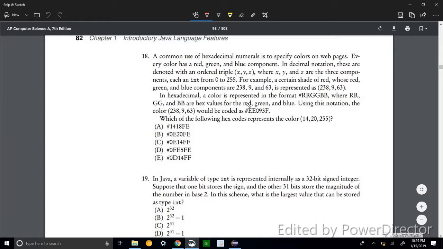For example, a certain shade of red whose red, green, and blue components are 238, 9, and 63 is represented as 238, 9, 63. In hexadecimal, a color is represented in the format RRGGBB, where RR, GG, and BB are hex values for the